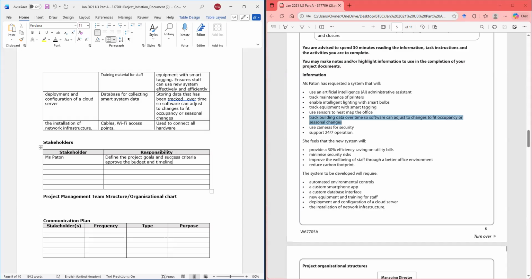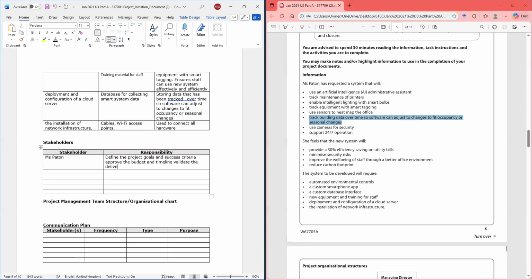So you can just go over your page to see what you have written and then try to put it together here. She also needs to validate the deliverables. All right. So that's Miss Payton.